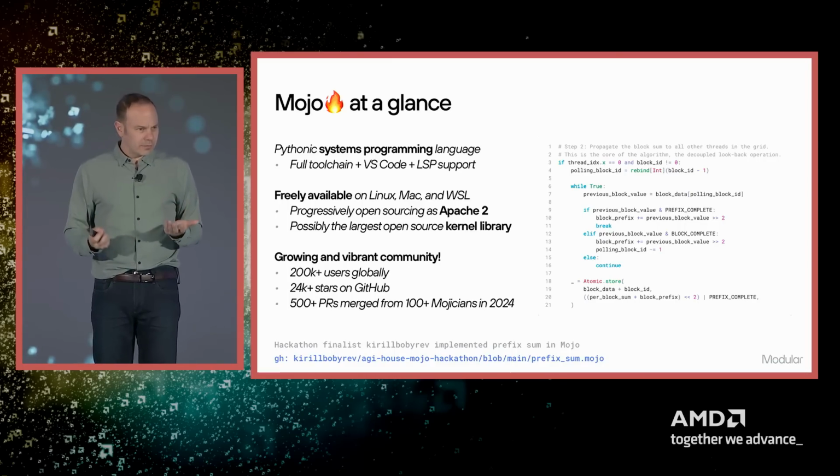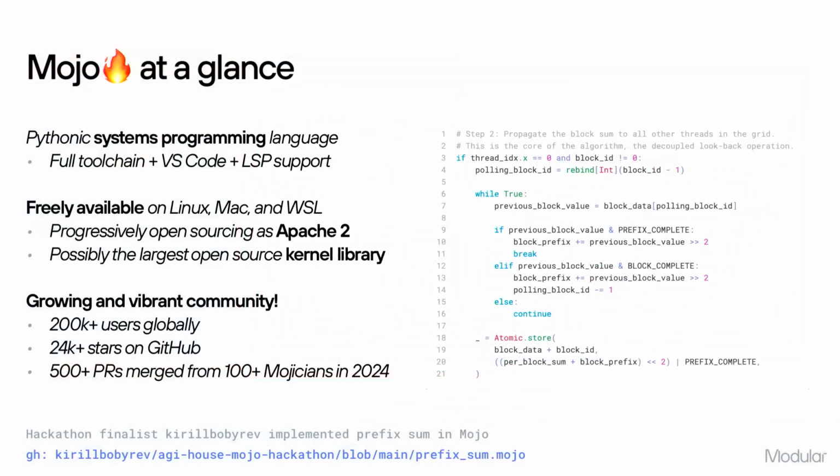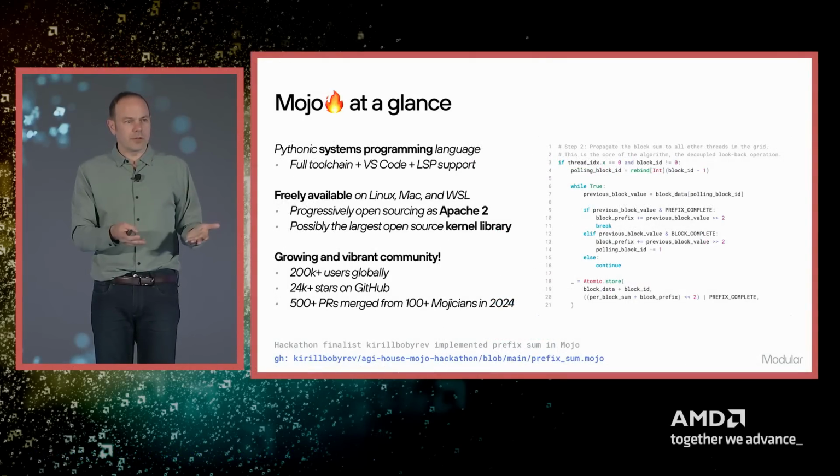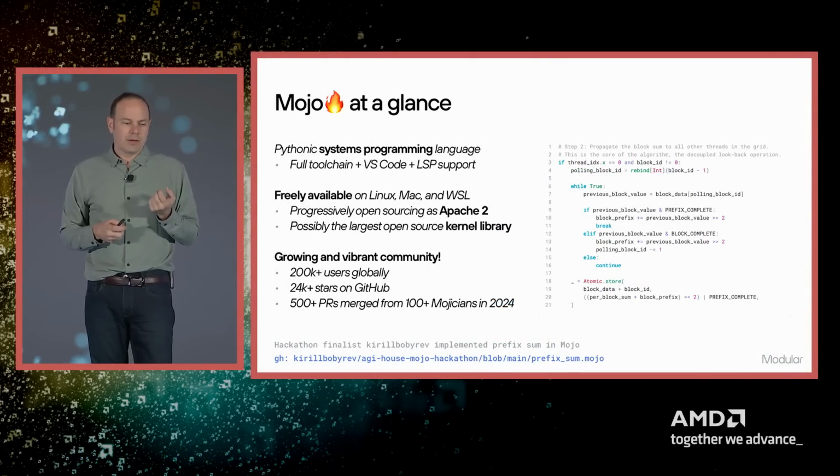So what is Mojo? Well, just at a glance, I'll introduce it. It's a Pythonic language, and so the syntax looks like Python. If you have muscle memory, if you have AI coding tools, a lot of stuff just translates over, and it's super familiar, and I think a lot of people love Python, and so why mess with that? Of course, Python's not great for performance, it's not great for GPUs, it's not great for lots of other things, and so what we've done is we built this new language that takes the best of Python, but